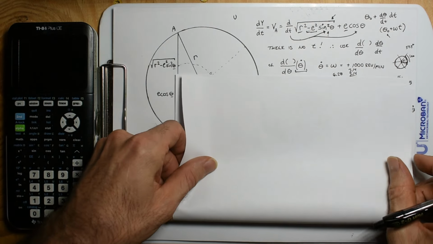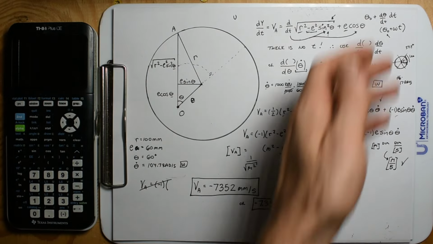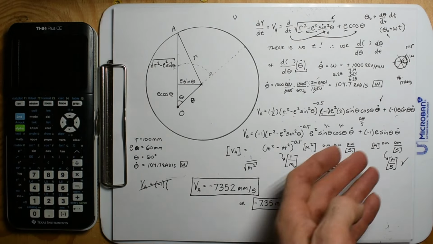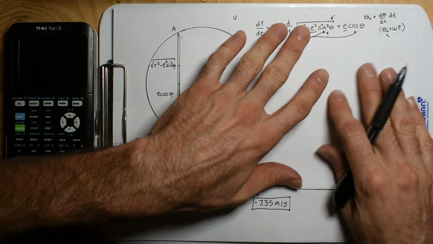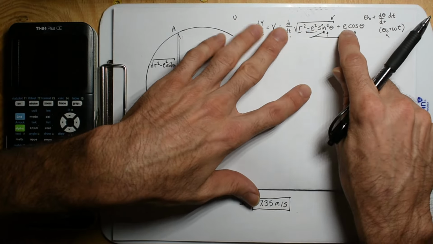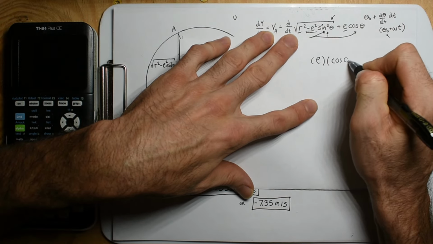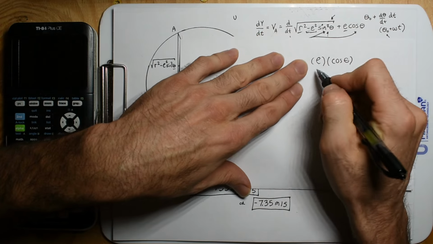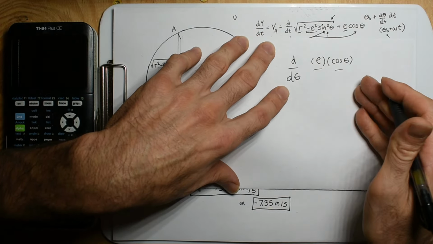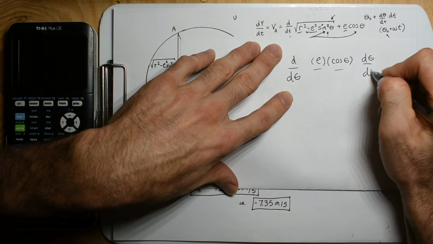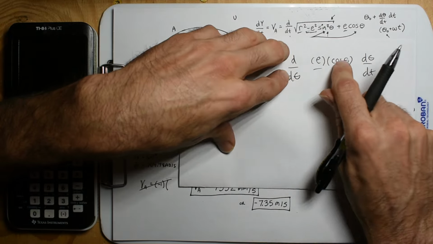I like to go over the rules as we do this, and since this video is getting a little bit longer, obviously you can just do the same thing and see where we got. We're just adding more frosting to the cake. But let's say you don't know this is a constant. So we have two different things. We have e, and then we have cosine theta. I think you could bracket these in and say, hell yeah, we have a product of two things. I'm going to take the derivative with respect to theta. Obviously, we need to take d theta dt. Don't forget about that, but we can put that aside for now. Taking the derivative of this,